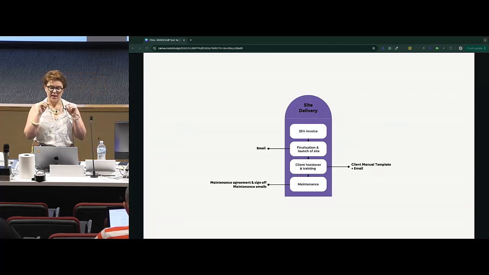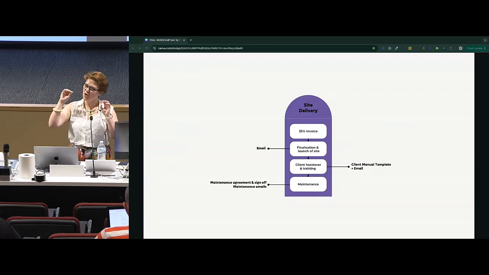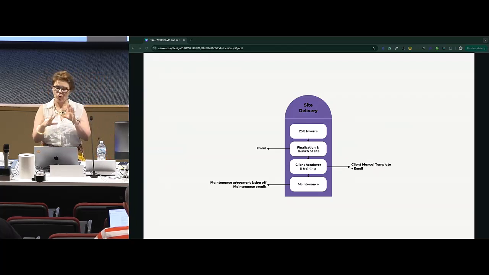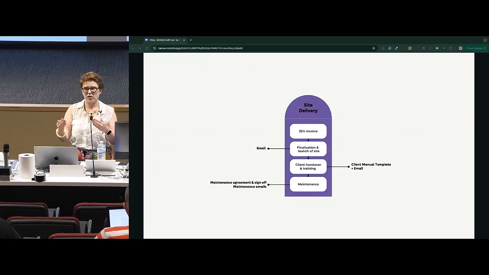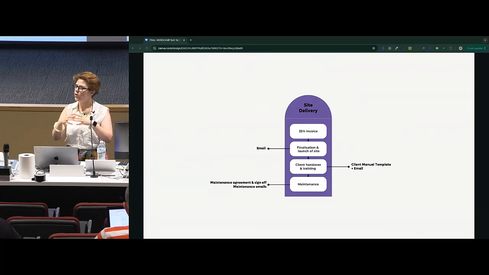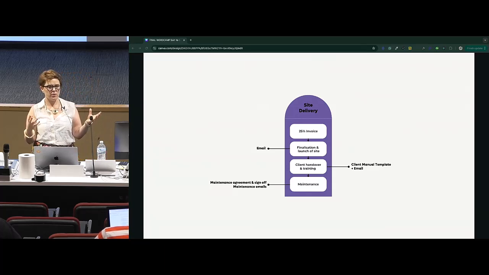And I found if I get them to watch this video, where it's like, this is how you log into your site, this is how you upload an image, all the really basic stuff, it means when we actually have our training session, they can just ask me questions about things they're stuck with, or I can talk them through the more customised elements of their site.